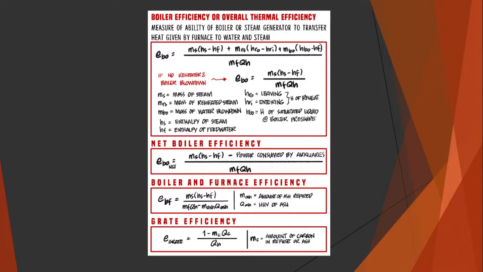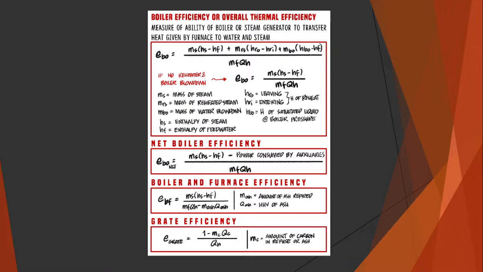Boiler efficiency or overall thermal efficiency. Measure of ability of boiler or steam generator to transfer heat given by furnace to water and steam. So, para makuha ang formula sa ating boiler efficiency ay mass of steam, open parenthesis, entropy ng ating steam minus entropy ng feed water plus the